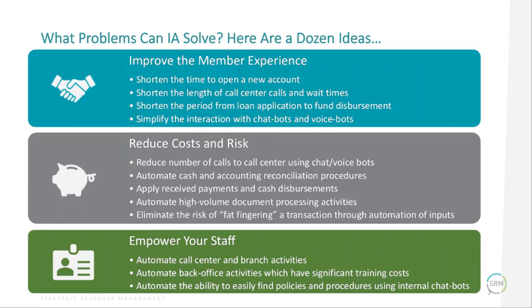So the next area is around reducing costs and risks. Reducing costs has historically been the main objective of robotic process automation. And so, this has historically been the reason to automate. However, more and more we're seeing the primary goal is to reduce risk. An example that I've encountered in my career was one of the major credit card networks brought us in because they had this outage where they couldn't clear and settle in Europe for about 3 days, which is obviously a huge problem. And when we did a forensic investigation, what we found was that the root cause of that outage